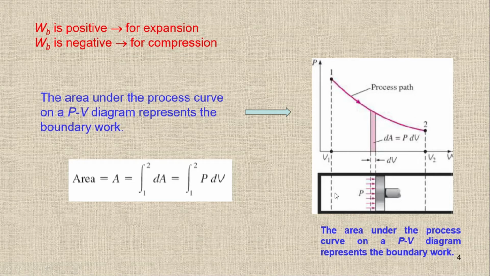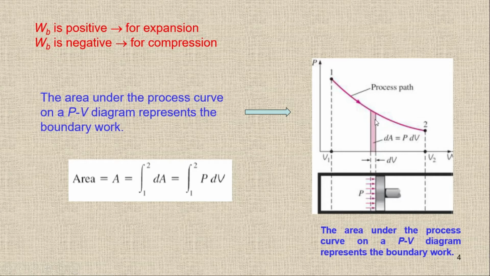So as we can see, the piston is moving and we are getting an expansion process, because the gas or the fluid is going to expand. That's why you can see the pressure is going to decrease while the volume is going to increase, and you will get a curve like this one. So if I'm going to check the area under this curve between 1 and 2,